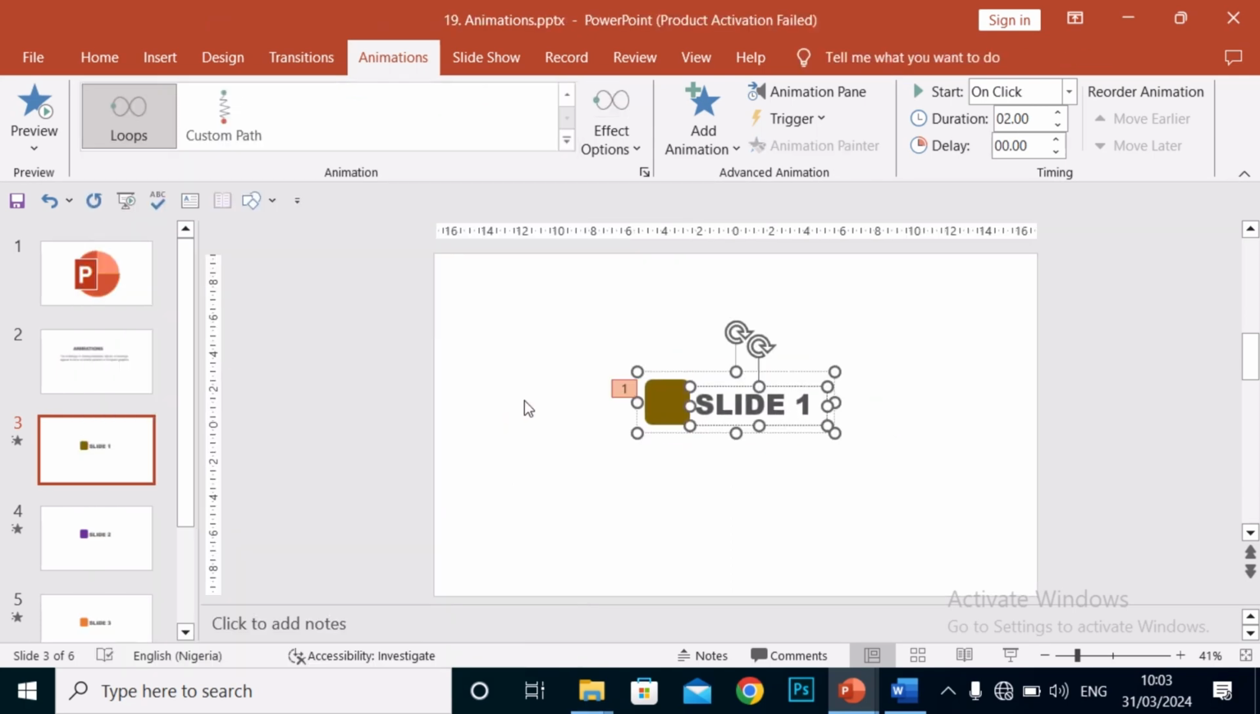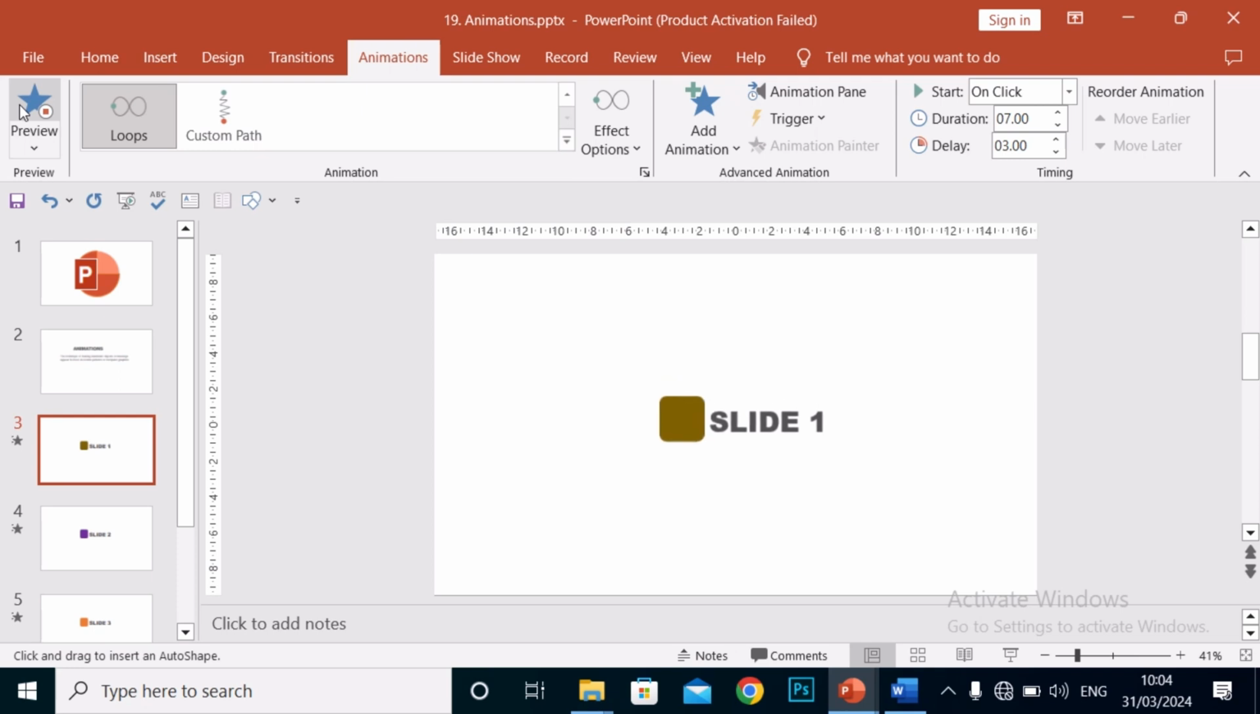Then notice there's a duration here. How many seconds do you want it to be this lively? Let's say 7 seconds. And then this delay, let's say 3 seconds. Wait for 3 seconds before you play. So if we preview, it delays for 3 seconds, and then after 3 seconds, you see,